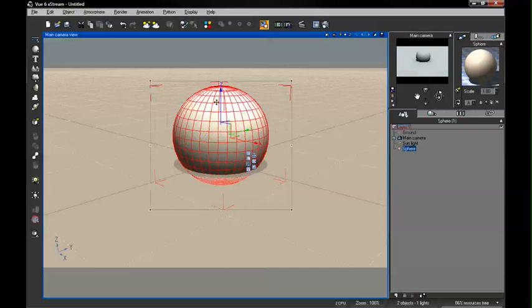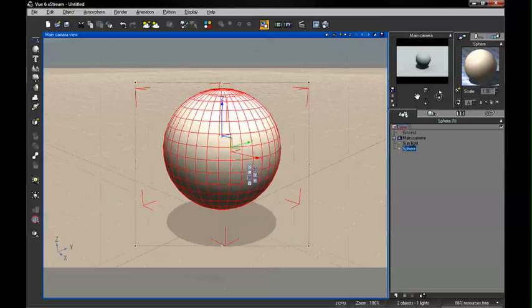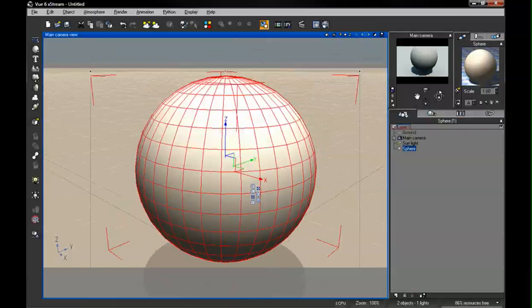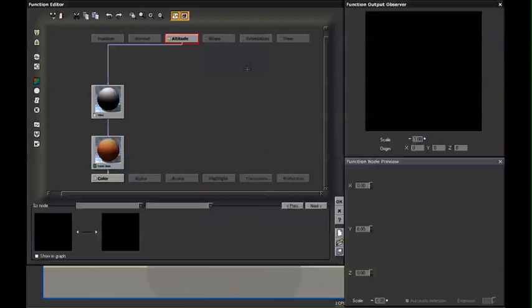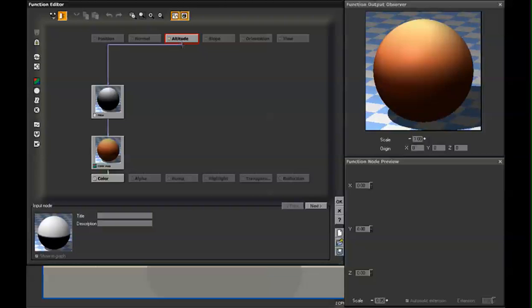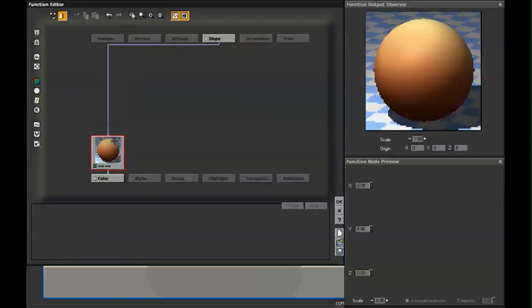We can move that up, reposition our camera a little, and then I right mouse click on our material preview and paste. Now we have that material loaded onto a sphere, and we can take a look at some of the other options. We can also attach this to slope, and if we take a look,